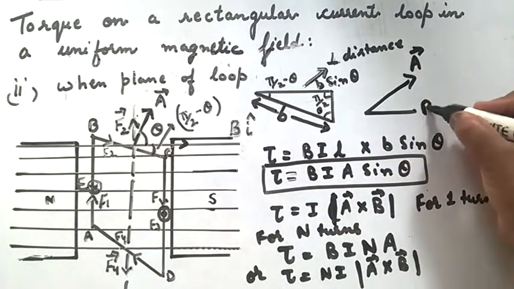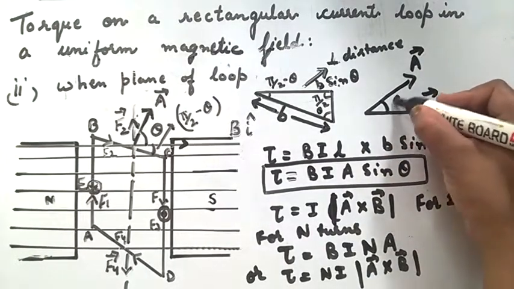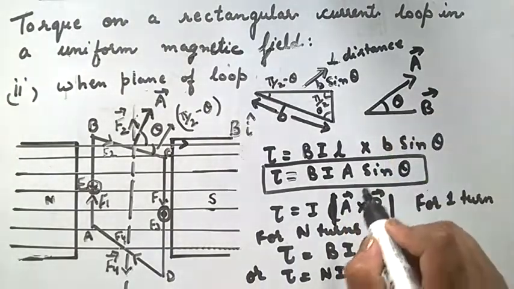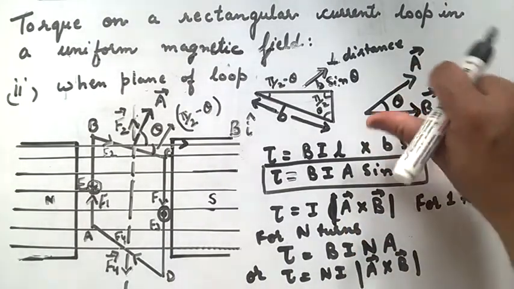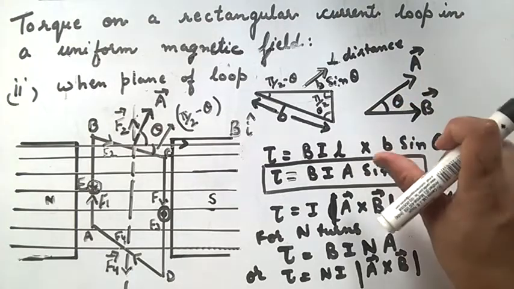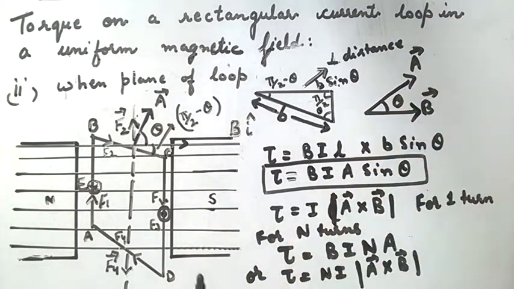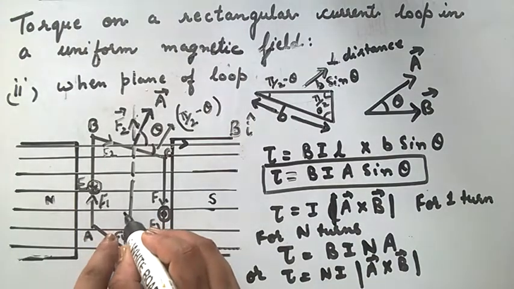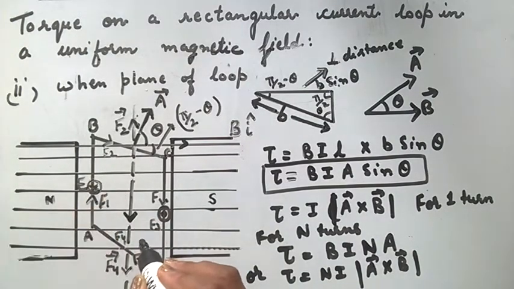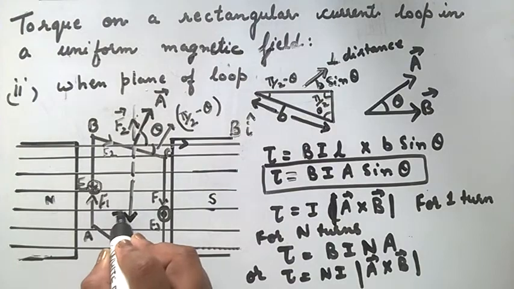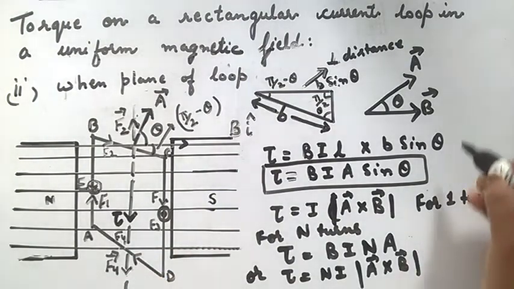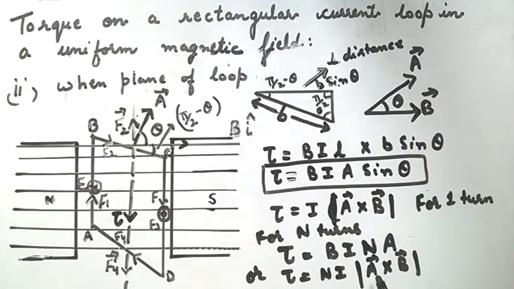By right hand screw rule, when A is approaching towards B, then the thumb is advancing in downward direction. Therefore here also the direction of torque is vertically downward. And area vector into I is equal to magnetic dipole moment of a coil, which is equal to